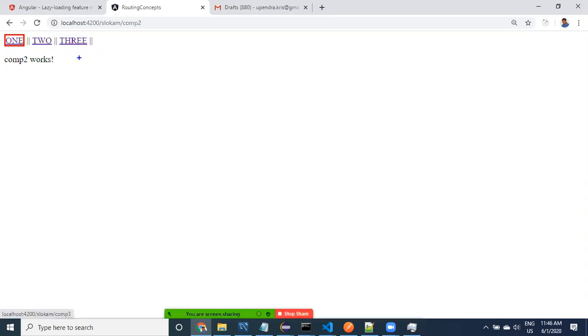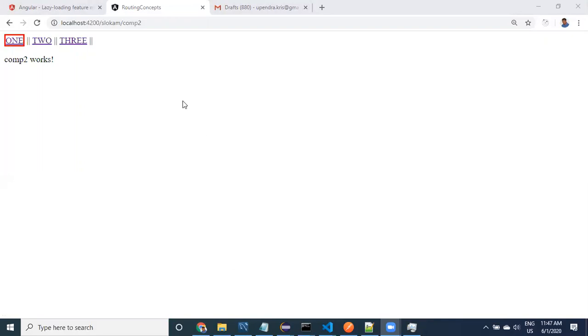If I click on 3, then it has to become red color, and then these two should become blank, meaning highlighted. I have to say highlighted on which record, on which particular link the user has clicked. I want to know that. I would like to let the end user know.